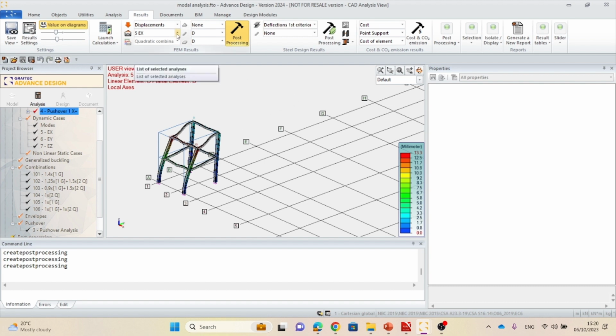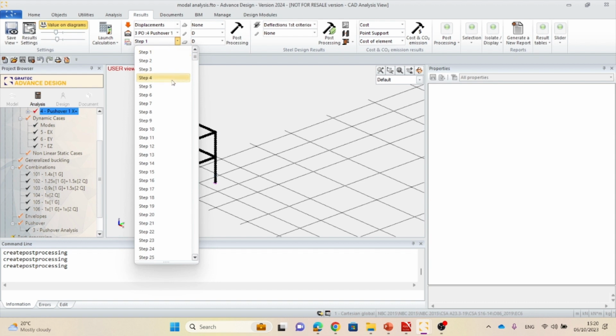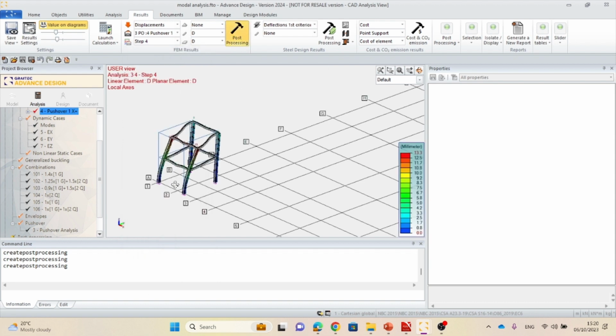For example, assuming that my seismic design is correct, I can easily say that from the pushover analysis, I am around step 4. So basically, step 4 corresponds to the seismic design I performed, and I need to double check,